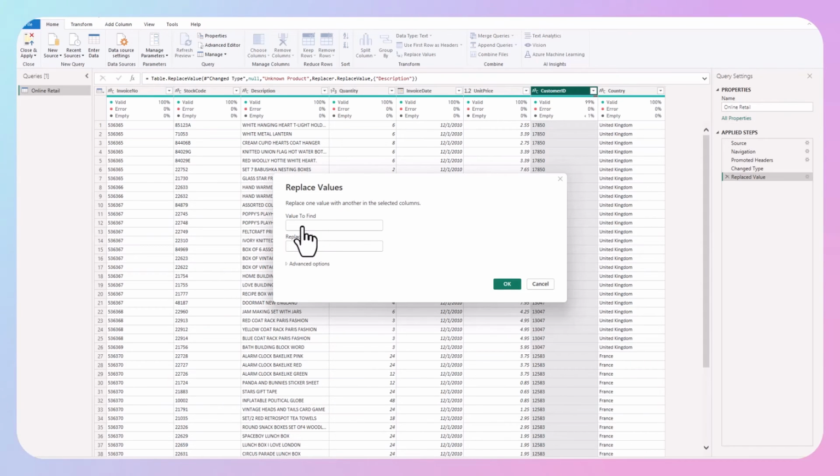So it's asking me for the value to find, and the value it's looking for is null, and I'm going to replace it with unknown, or just unknown or unknown customer. One or both of them. You can decide to use any one. So it's looking for null, and then we're replacing null with unknown